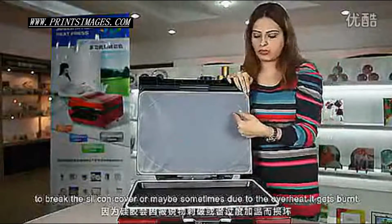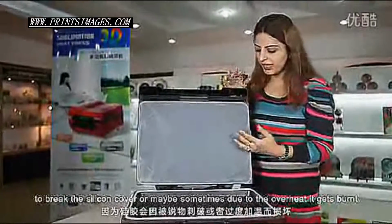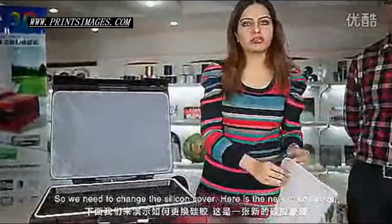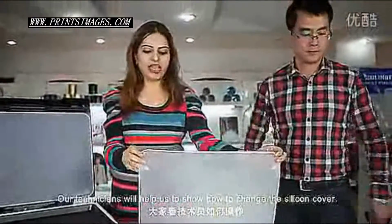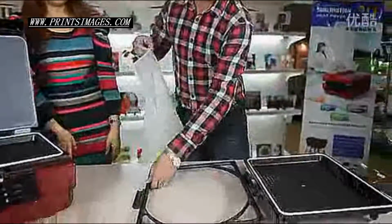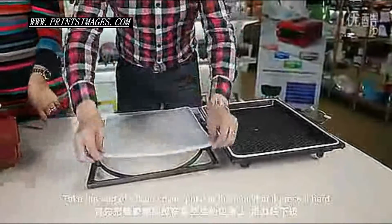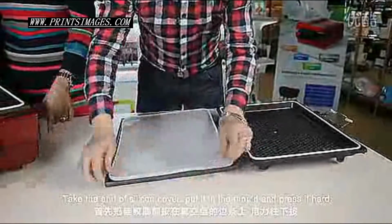After the prolonged use of the machine, you need to change the silicone cover and try to avoid the sharp objects to break the silicone cover, or maybe sometimes due to the overheat it gets burned, so we need to change the silicone cover. Here is a new silicone cover. Our technician will help us to show how to change the silicone cover. Take the end of the silicone covers and put it in the molds. Press